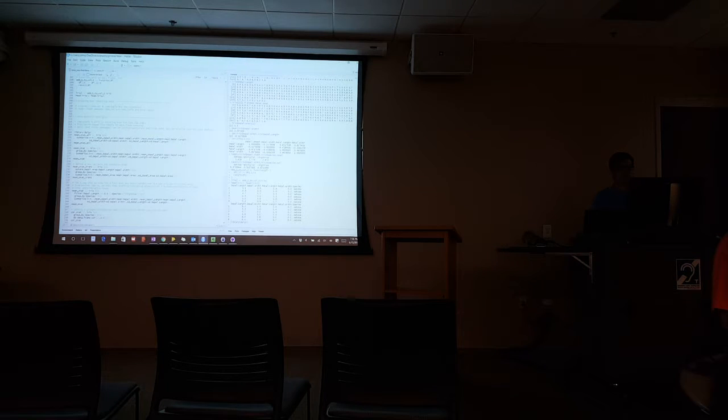SD of sepal width. Okay, so I lied. These are not all means. Some of them are standard deviations. But what I'm doing is saying I want a summary over all of this data of these different variables. So let's execute this and see what this looks like.